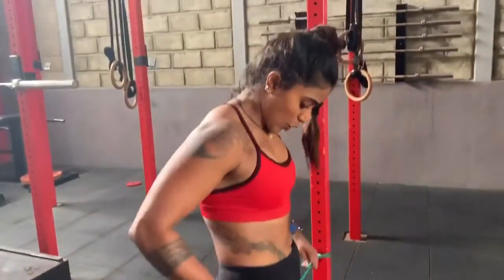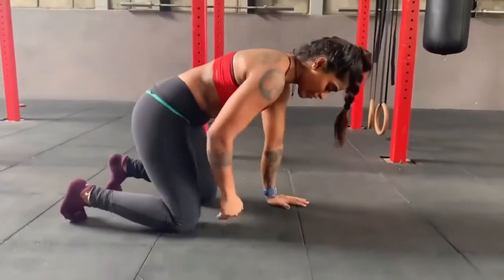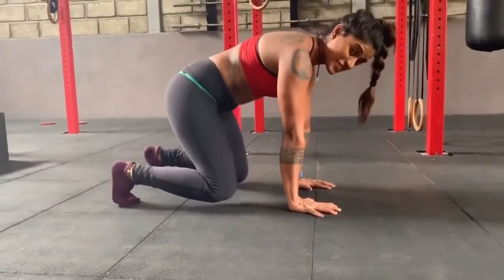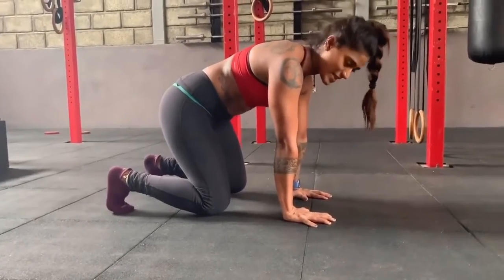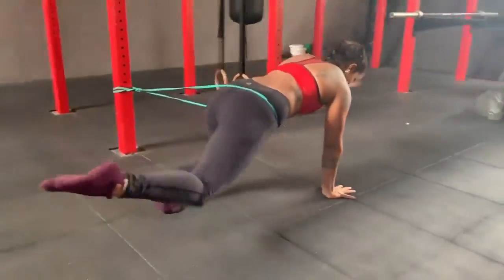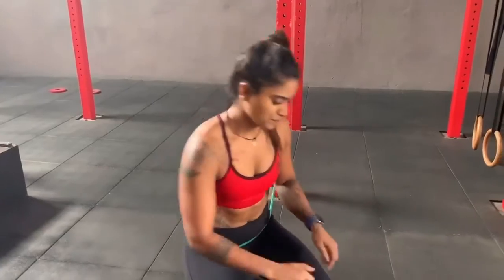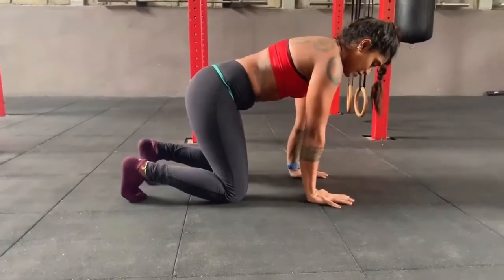I'm going to put it near my hips and I'm going to get into the beast position, not with my knees down. Knees are going to be again 1 inch off the floor, and then from this position I'm going to try to do the same thing, which is extending my opposite arm and opposite leg. If this is too hard for you, you can always try it with your knees down. So same exact thing, knees are down, and from here,